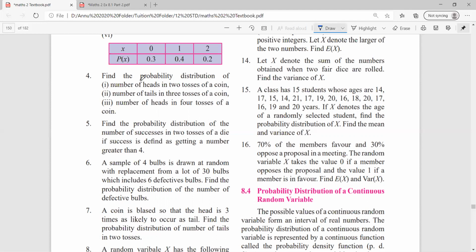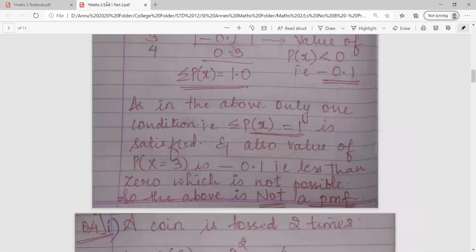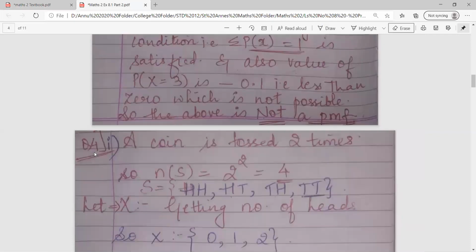When they are talking about probability distribution, class, always remember you have to make the table. Those who have listened to my introduction video on this will understand when you see the words. I have explained what is a probability distribution, what is a PMF and what is CDF, cumulative distribution function. So now they are telling us to prepare the probability distribution table as we have solved above. Okay? So let's see the conditions one by one.